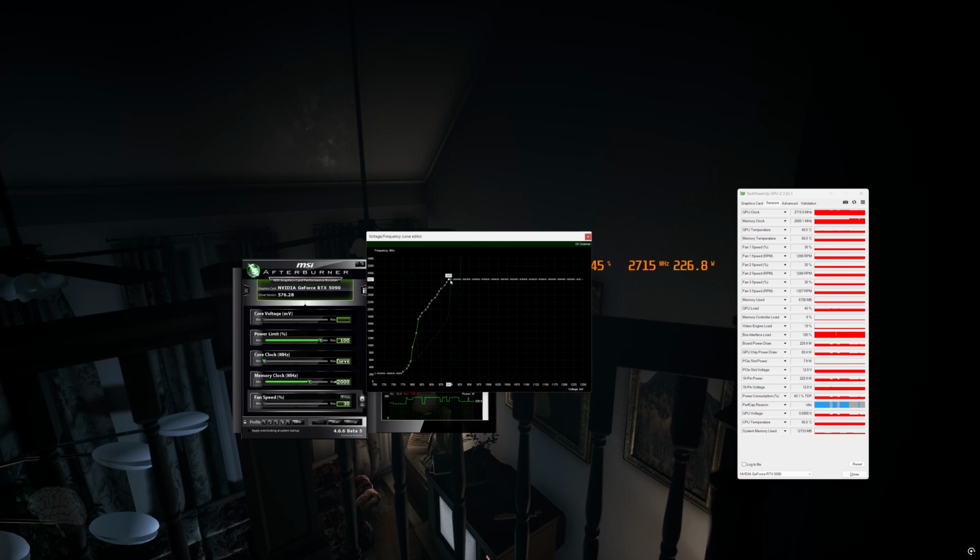So make sure it crashes in a reliable setting. And if that's the case, and you suspect it's the Undervolt, instead of going for 2827 at 895, feel free to go for